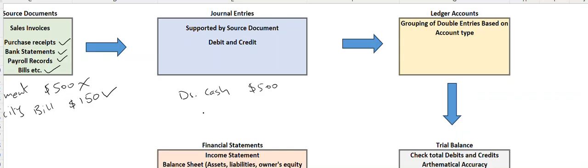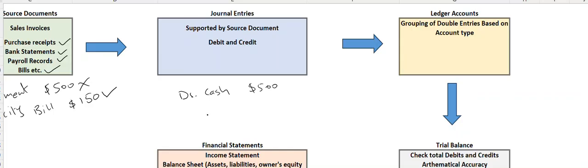Okay, so I'm not going to discuss here the debit and credit rules because in my previous lecture I gave an overview. And if any one of you has any doubt regarding this, you can drop a comment and we can discuss further. But I'm not going to go into very much detail of why the cash is being debited and what is being credited and why. Okay.